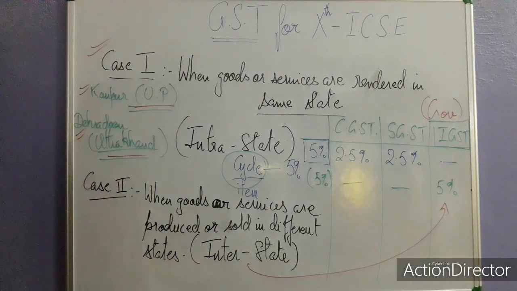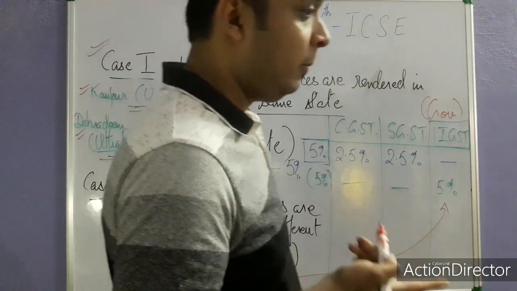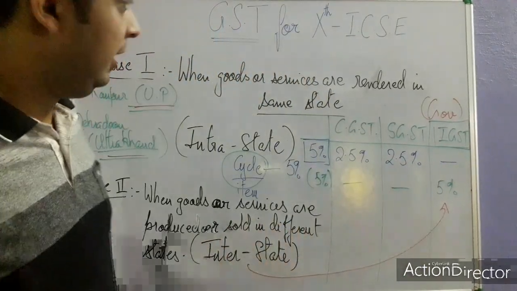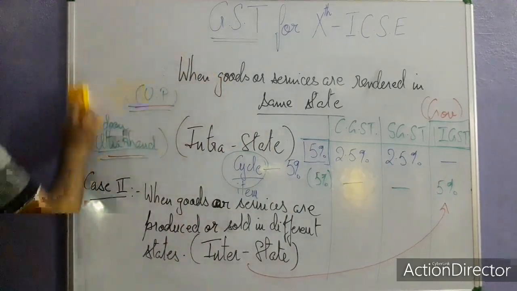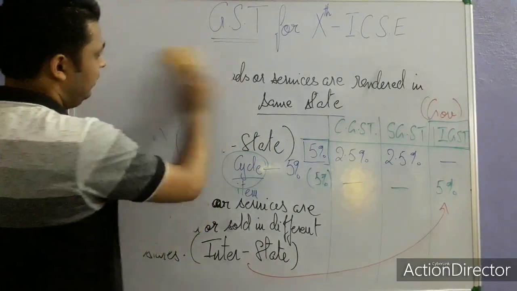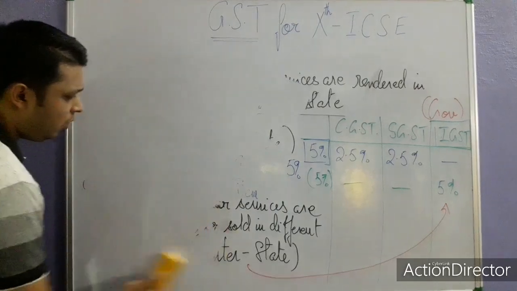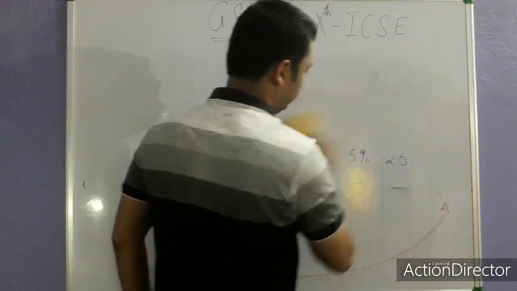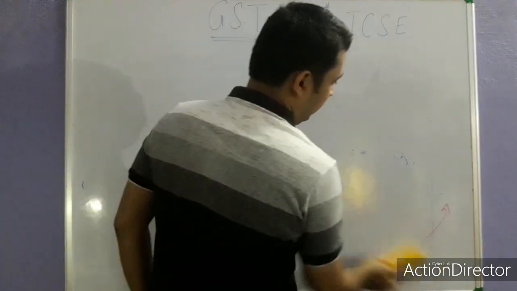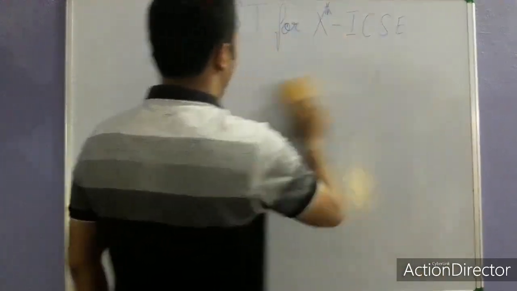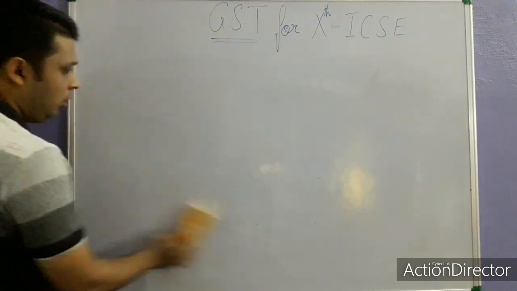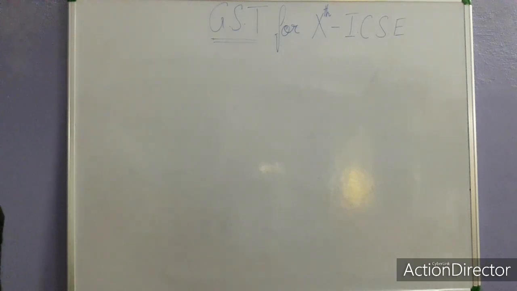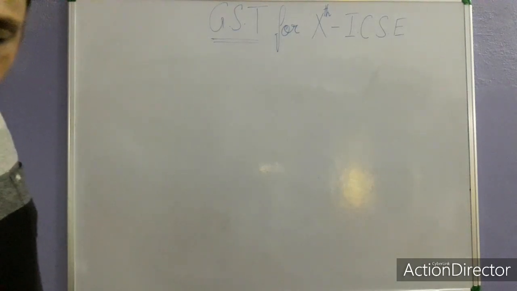So now let us proceed further and understand one more term which is very important in GST. That term is ITC. So let me just rub the board and write what that is, and then we will have a small discussion over that, so that you can understand all the components and all the terms and factors involved in this chapter of GST, and then you can proceed towards the questions.